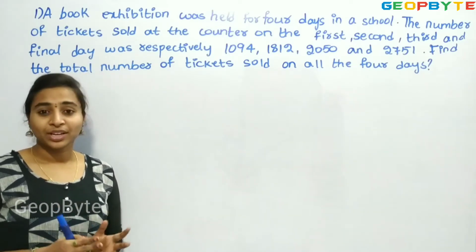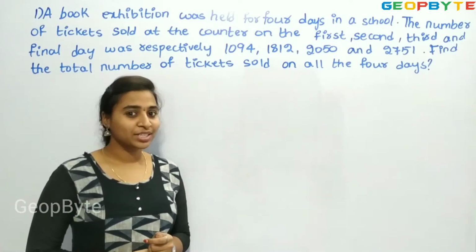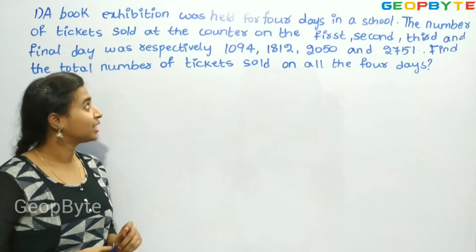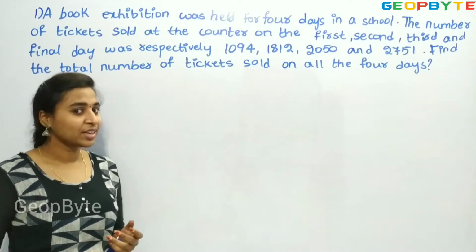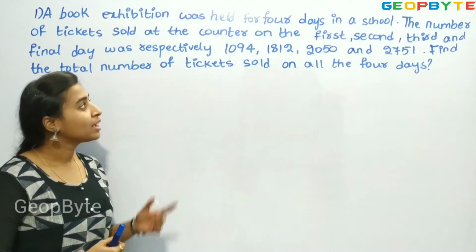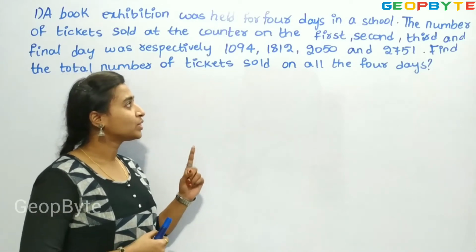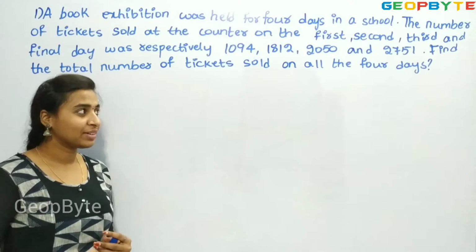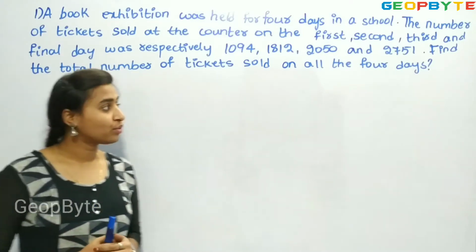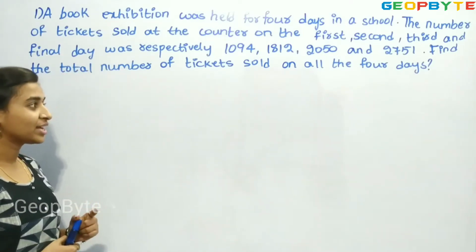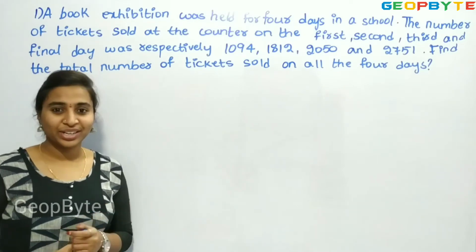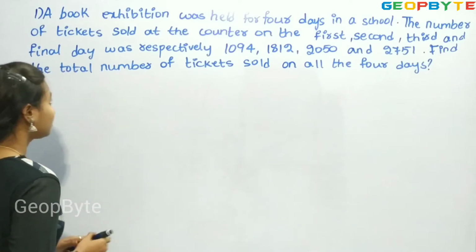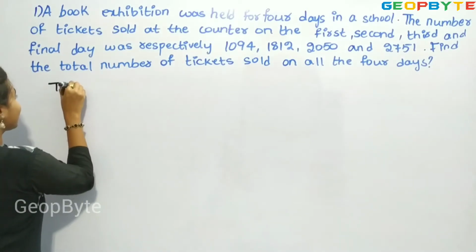Right? See, in a school, a book exhibition was held. Right? On the first, second and third days, the total number of tickets sold were respectively 1094, 1812, 2050 and 2751. We need to find out the total number of tickets sold on all the 4 days. Right? First, let us write down the given data, the number of tickets